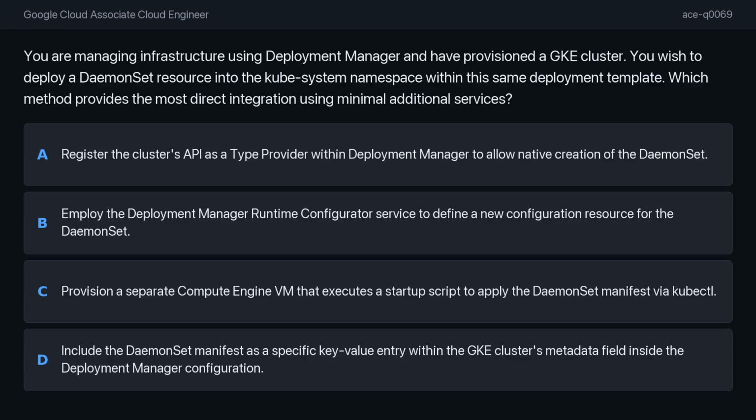Option C, provision a separate Compute Engine VM that executes a startup script to apply the DaemonSet manifest via kubectl. Option D, include the DaemonSet manifest as a specific key-value entry within the GKE cluster's metadata field inside